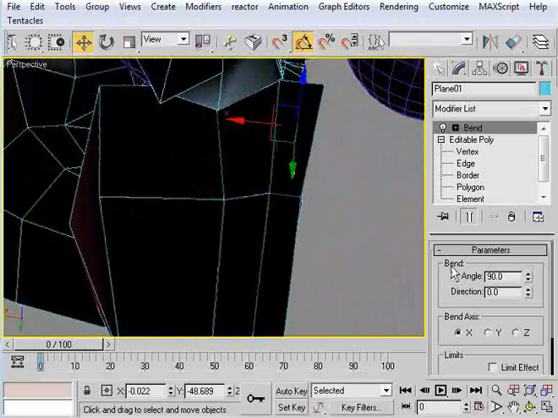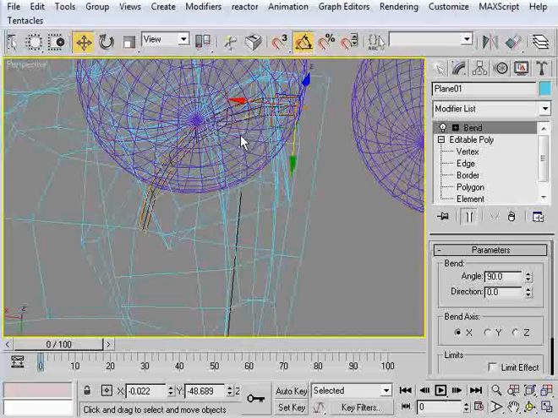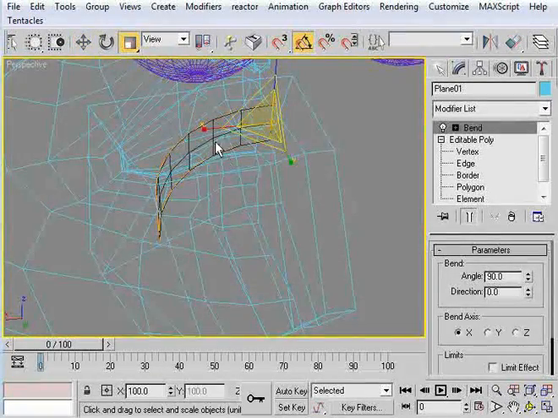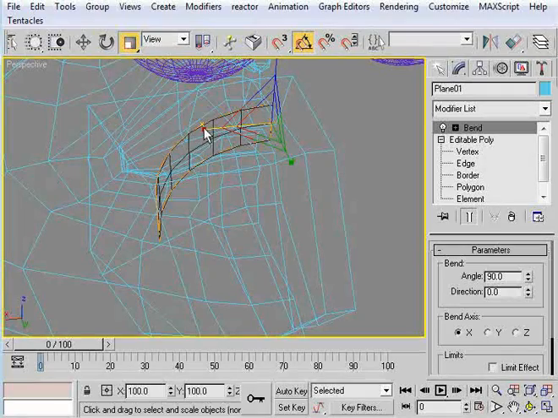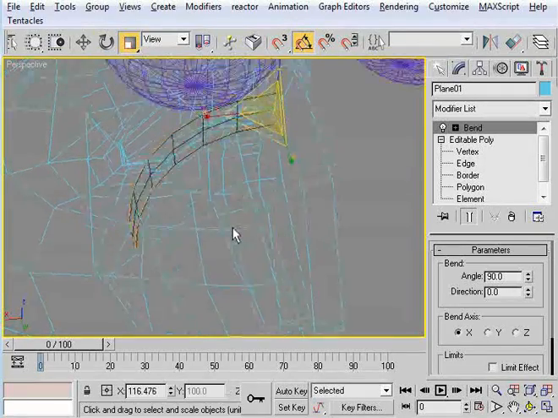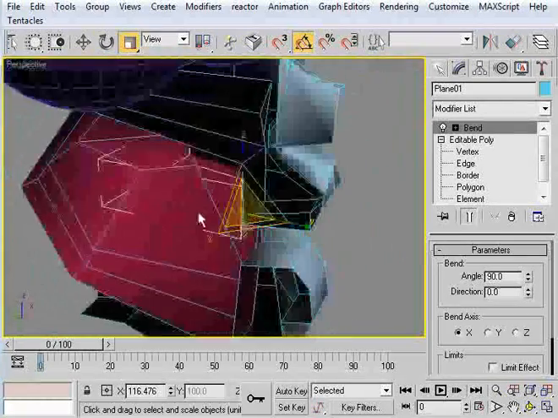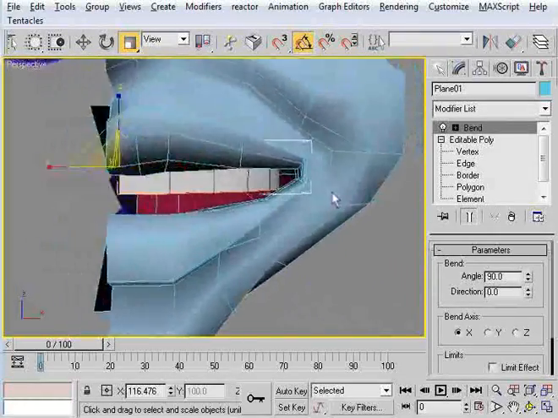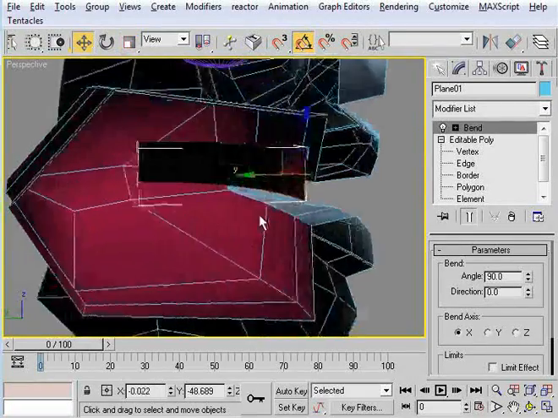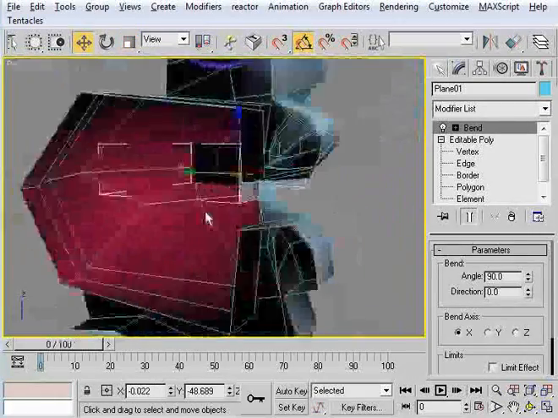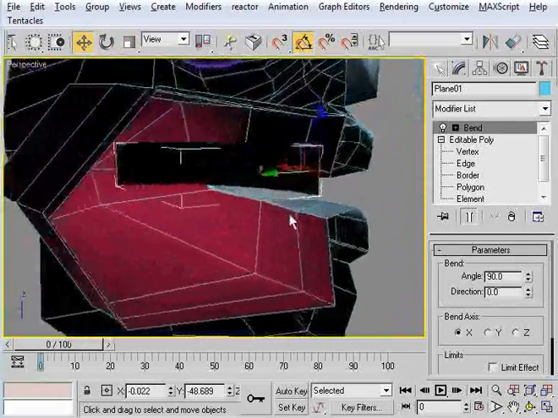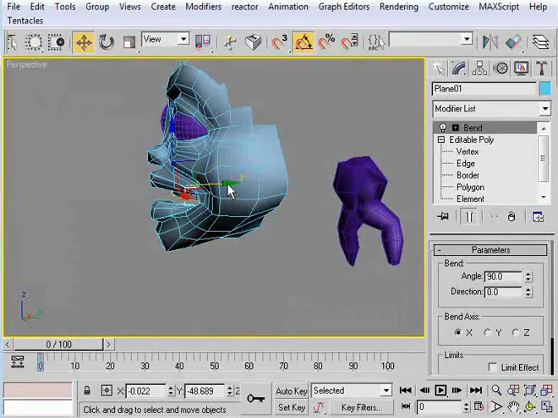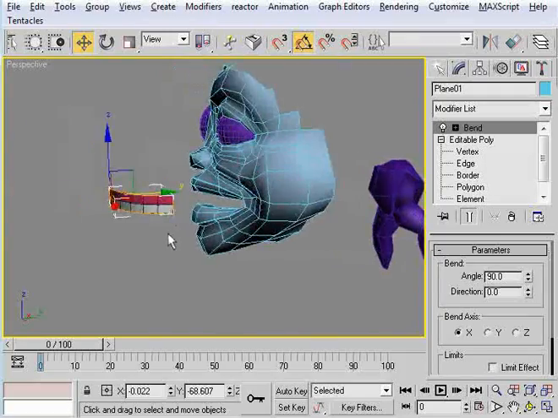And if you don't want to take it all the way to 90 degrees, all the way back, you don't have to. You can also use the scale tool and scale on the X over more, like that, which I think looks a little better. Okay, so pretty happy with that right there. So I'm going to go ahead and move this back out like this,